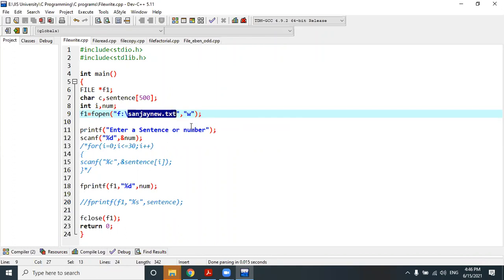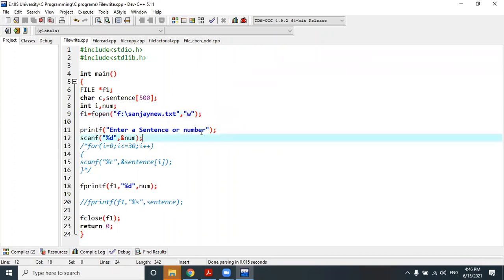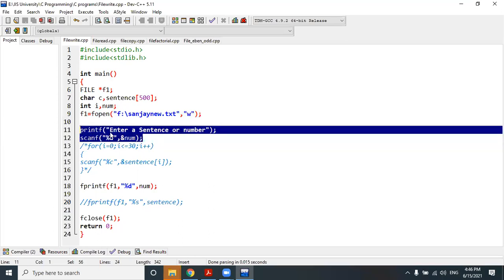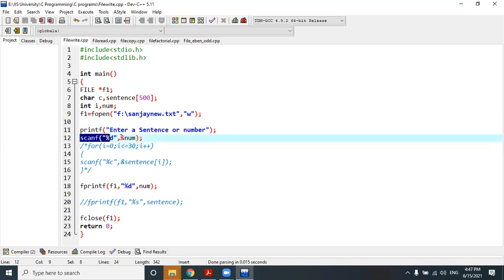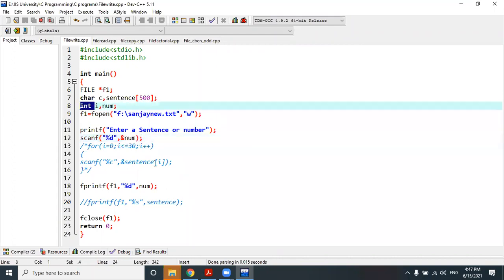inside it. Very simple. So suppose I am going to write a number, just a simple integer number within a file. So I have read that number from terminal or from console input output, you can say. So scanf means from console input output. So I have already told here I am going to switch from console input output to file input output. So please be careful and try to understand what I'm trying to say. So scanf means the read from the console input, or you can say from the terminal, and that has been stored into a num variable, which is an integer type, right?